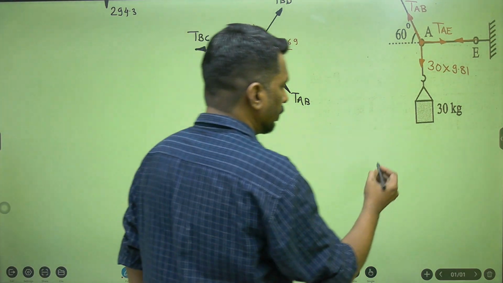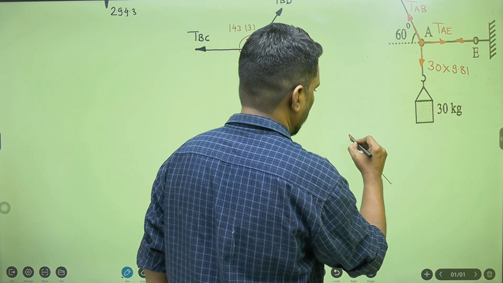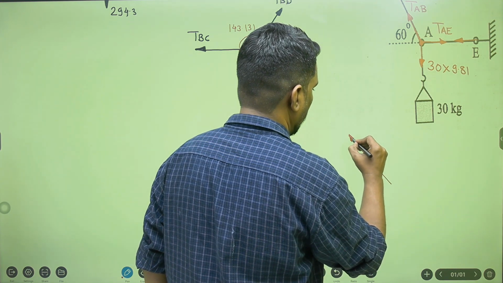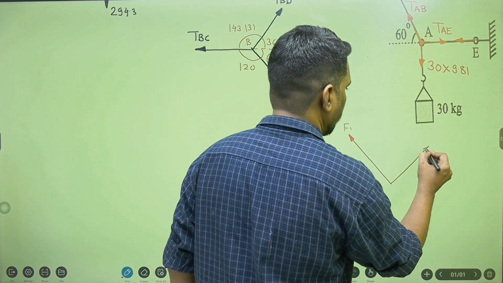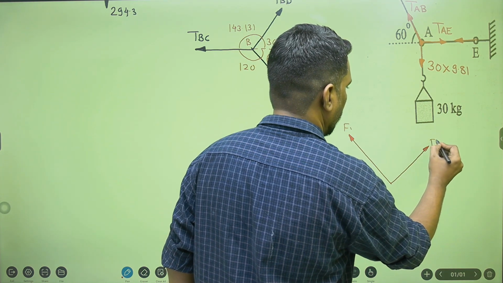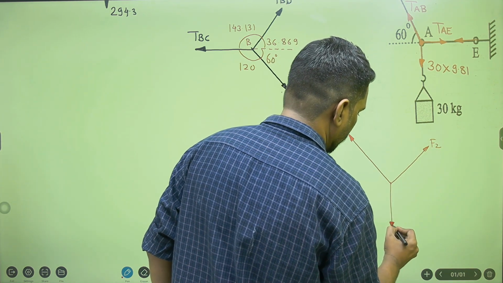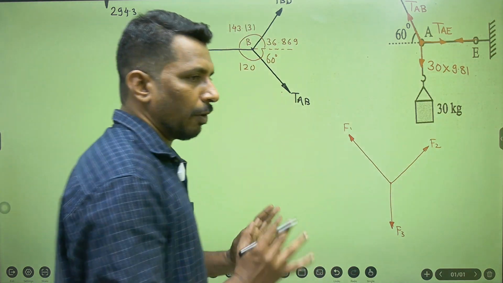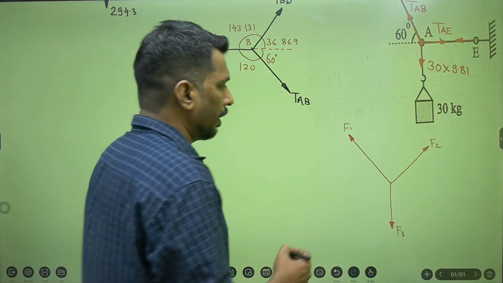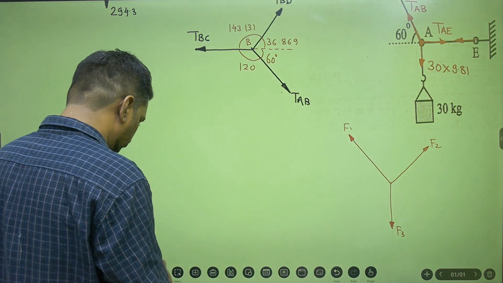If there are 3 forces, F1, then F2 and the F3, and if they are forming the concurrent force system and system is in equilibrium, and if I consider these angles,